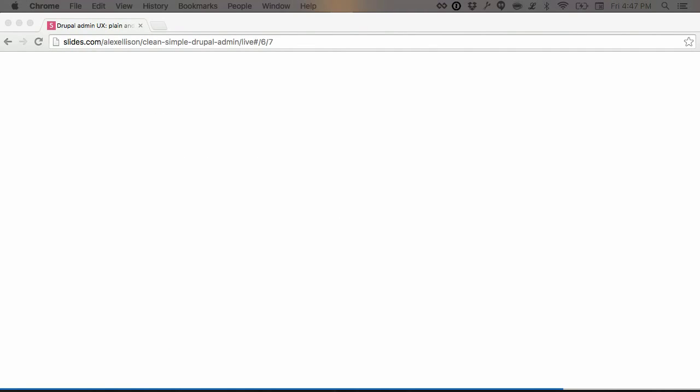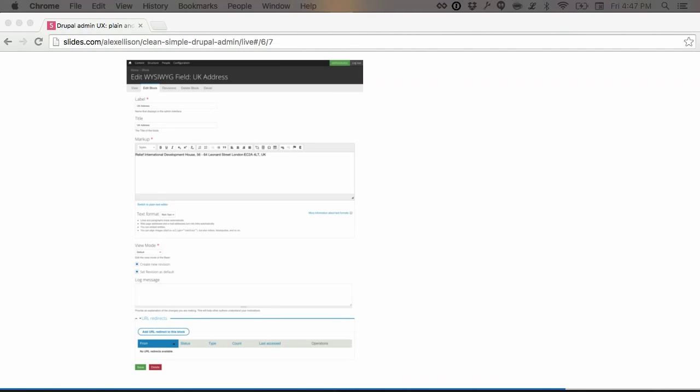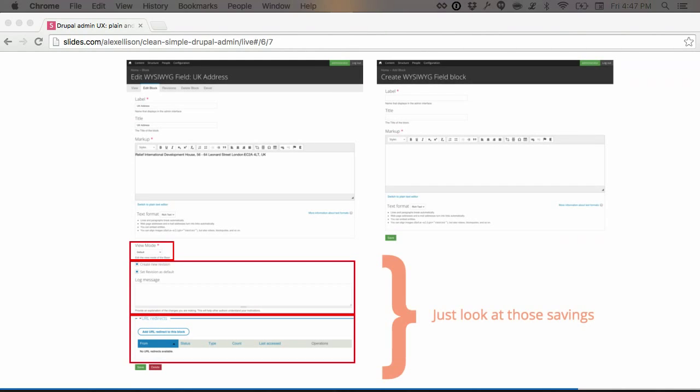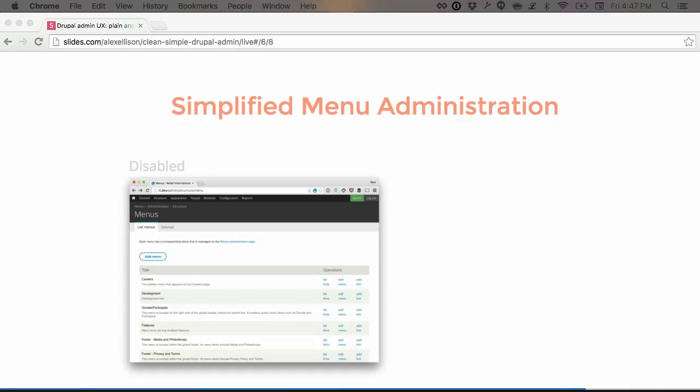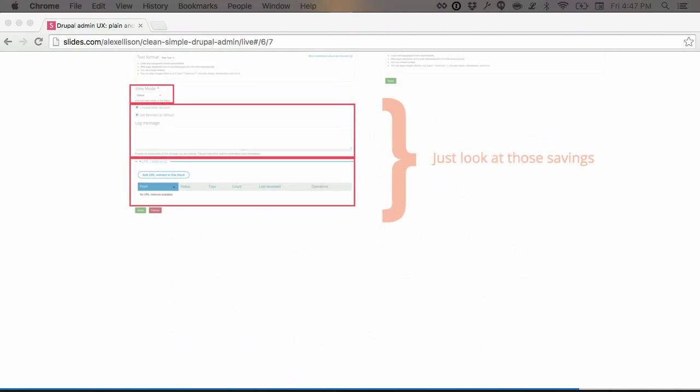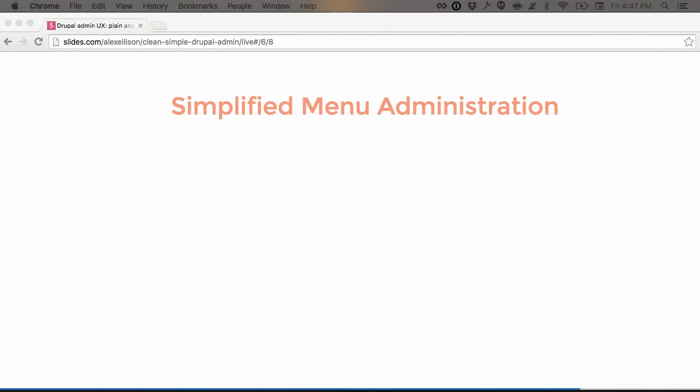So I'm trying to make a tactical decision about how to get through most of the other content here the quickest. We'll jump down a little bit further. So we're going to skip the block stuff for now and go to menu administration. So in addition to blocks and nodes, we can simplify the experience of